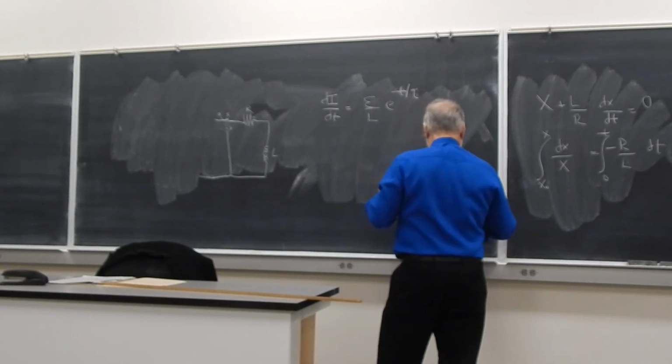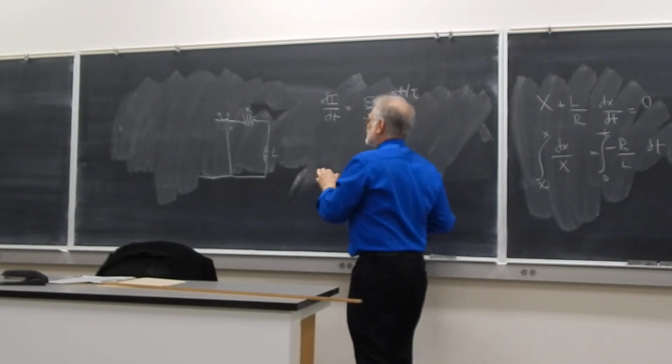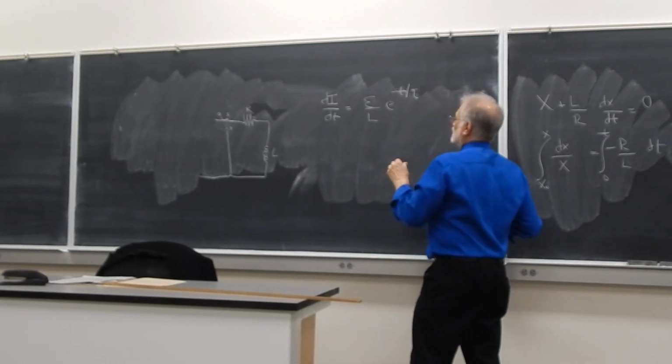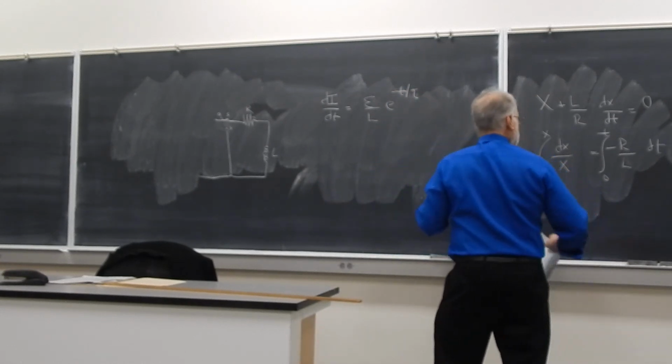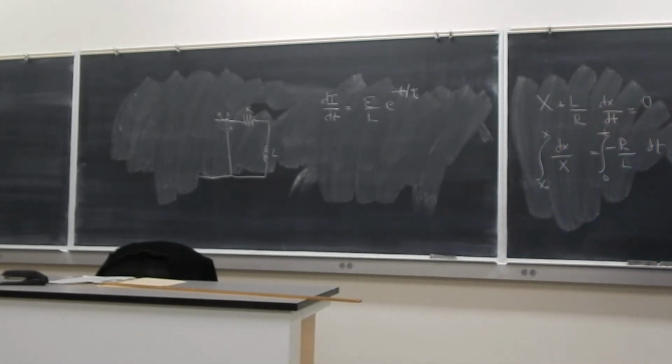So let's look at the following. Now I've maximized the current in the circuit. So time has gotten large enough where 1 minus e